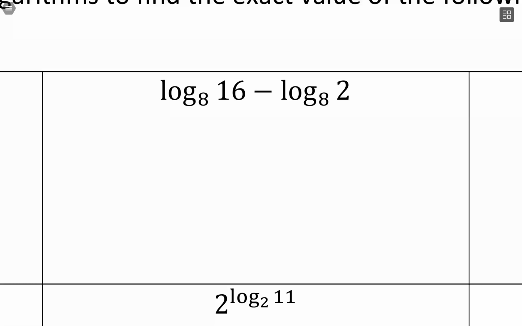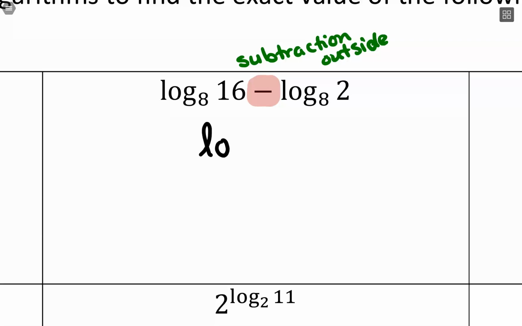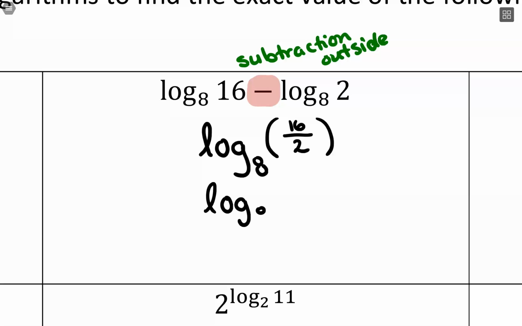So what we have is subtraction outside. So I'm just going to make a little note that we see subtraction outside the logarithms, which means we can combine these into a single logarithm. So how this combination goes is we'll have one logarithm, keep the base that you're working with, so we're working with base 8, and then of, and when it's subtraction, we're changing this to division. So it's going to go numerator, denominator, so 16 over 2, which means we have log base 8 of 16 divided by 2 is 8,